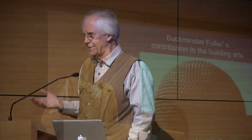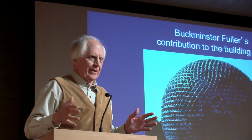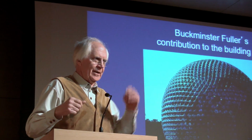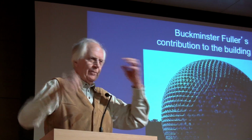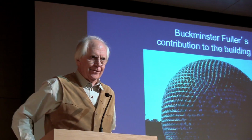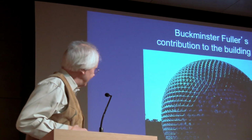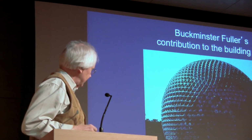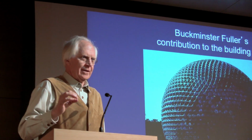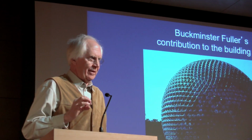In normal, when you go to architecture school and you take engineering, what you take is strength of materials. And the tacit assumption is that building form is already known, which is usually orthogonal, right? I mean, so you learn how big to make the beams to resist the moment loads on the joints because there's no triangulation. That's changing now, but so strength of materials is extremely important, but it's not the primary, should not be the primary design determinant of